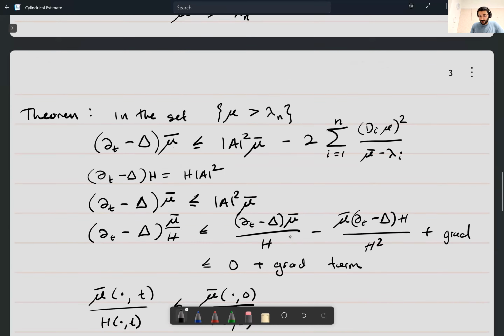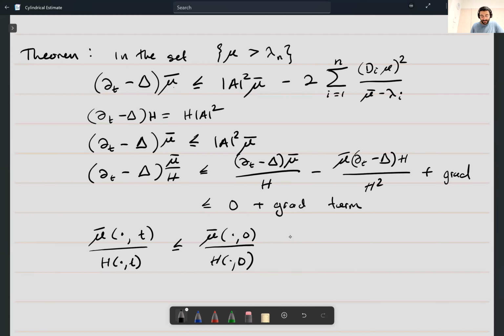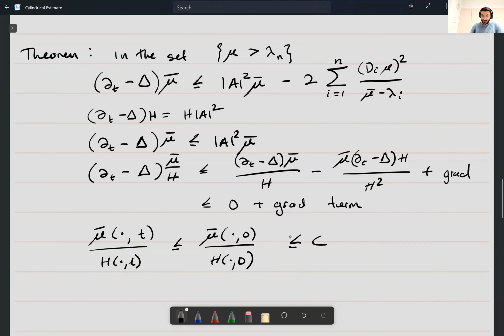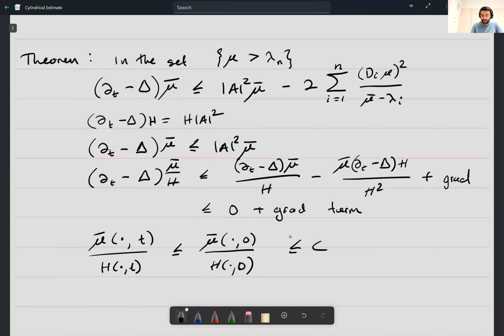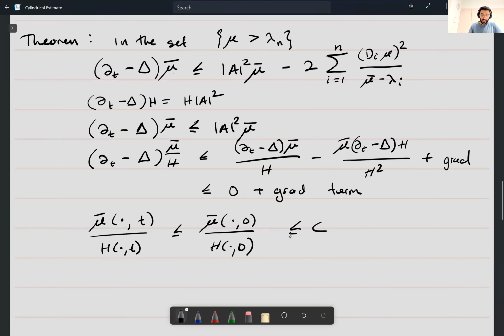So, at this point, we already know that the Grim Reaper can't occur as a blow-up limit just from this calculation here. You don't even need this term here, or this restriction. But it seems like to do this sharp estimate, you do need to take advantage of these terms here. So now,